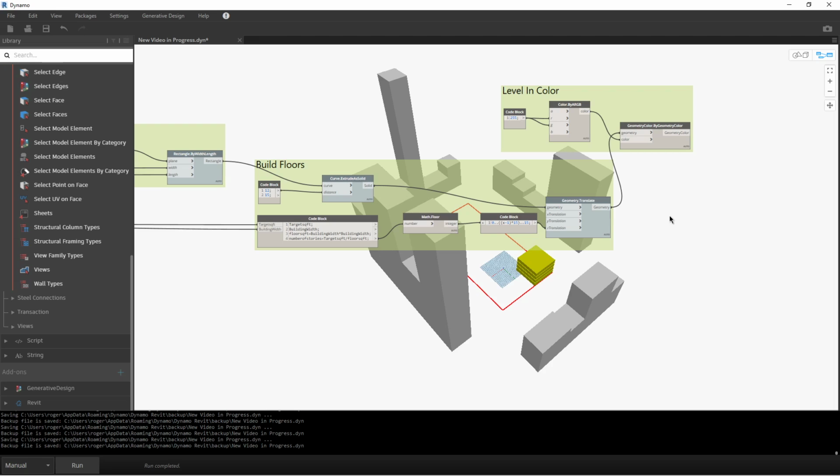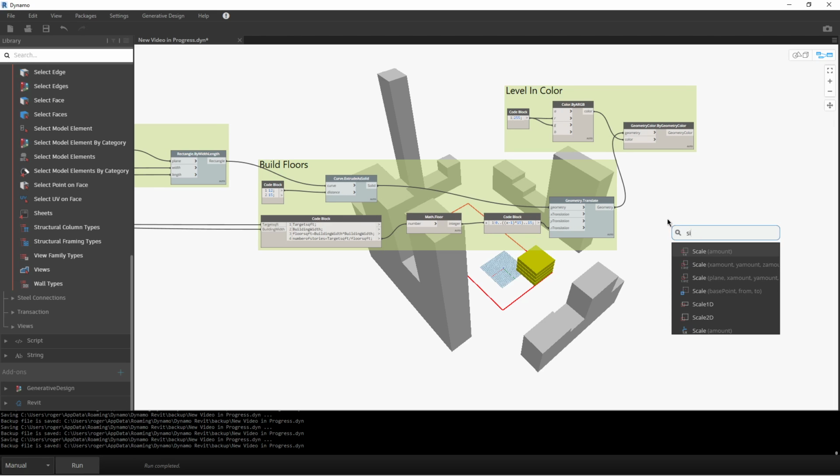And what we're going to do to start off with is we're going to find the centroids, a center point for each one of these. So each floor will have a centroid, and that's a single point, and then we can pull a vector off of it. So I'm going to just do solid dot centroid,